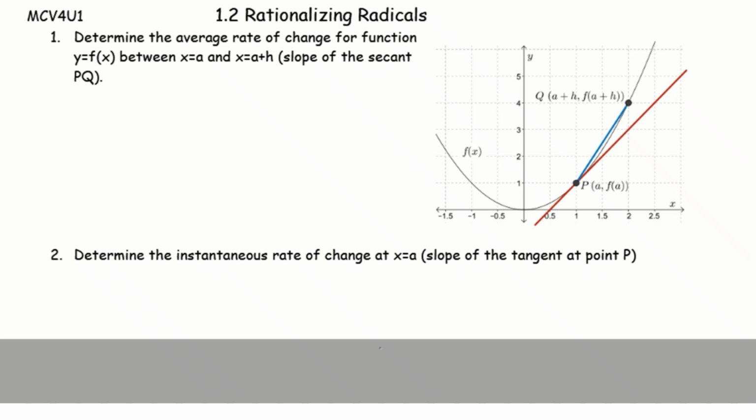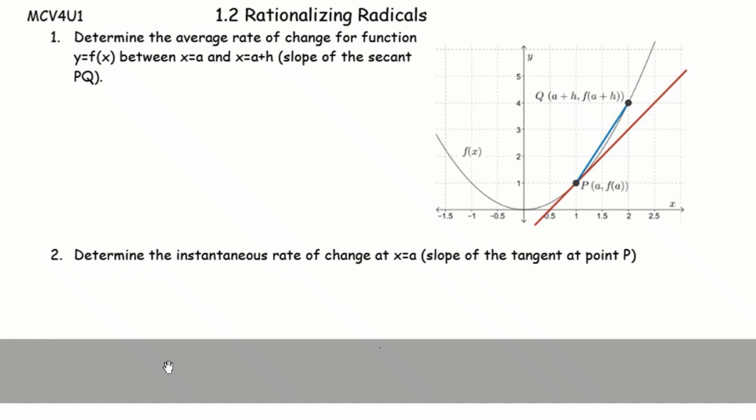In this video, we are going to learn how to rationalize radicals. Why do we want to rationalize radicals? Because we want to find the slope of tangent and slope of secant. When we are finding the slope of tangent, which is the limit of the slope of a secant, sometimes we need to deal with radical numbers or radical expressions. So that's the reason we want to see how we can rationalize radicals before we solve for the slope of